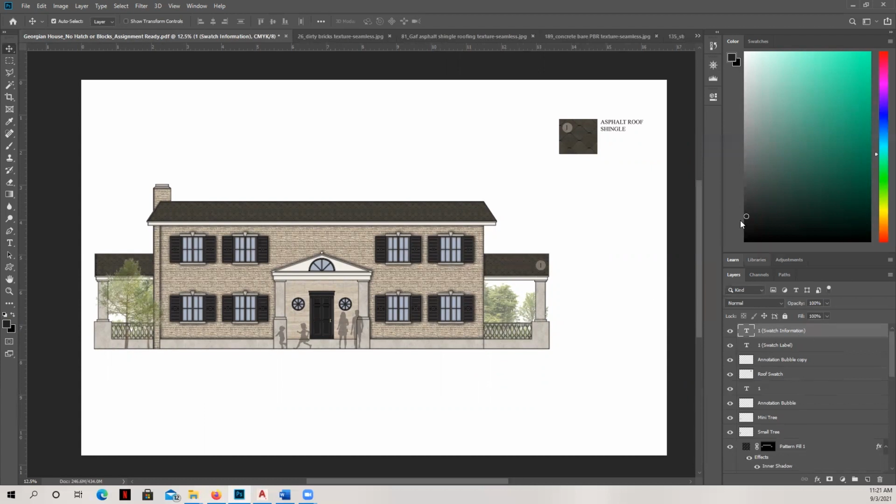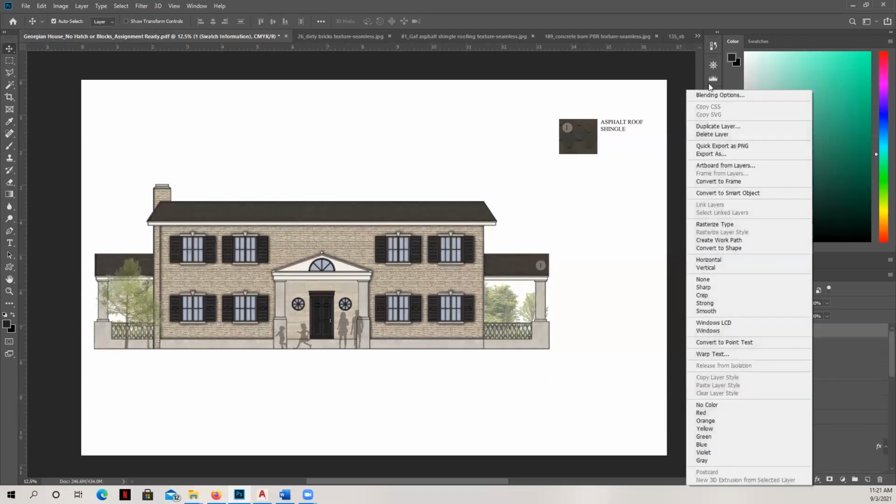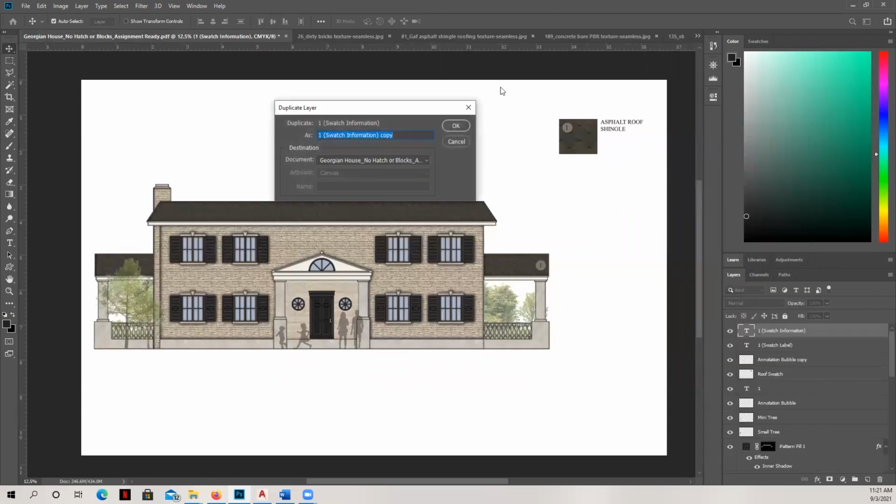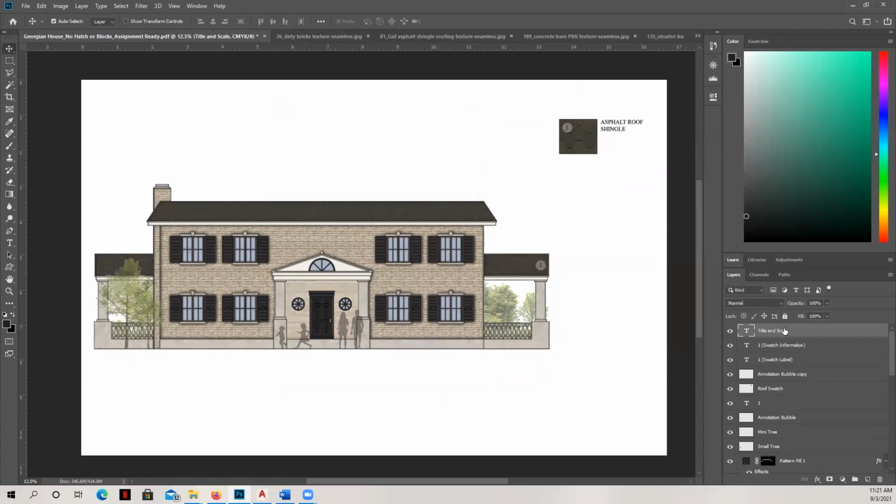The only other thing that we need to add is we can just duplicate this and add a title and scale. Of course, we don't need a north arrow because there are no north arrows in elevations, but we can go ahead and move that to the lower left-hand corner.